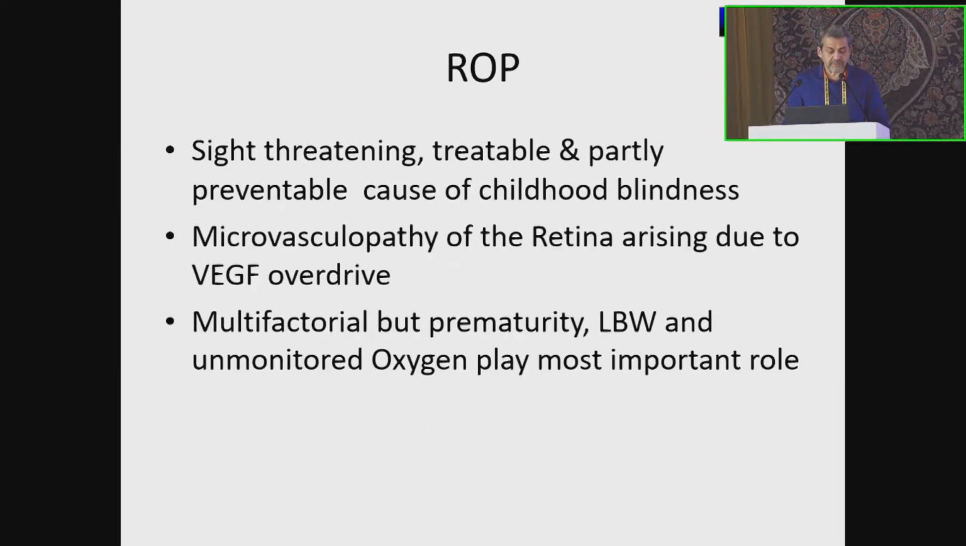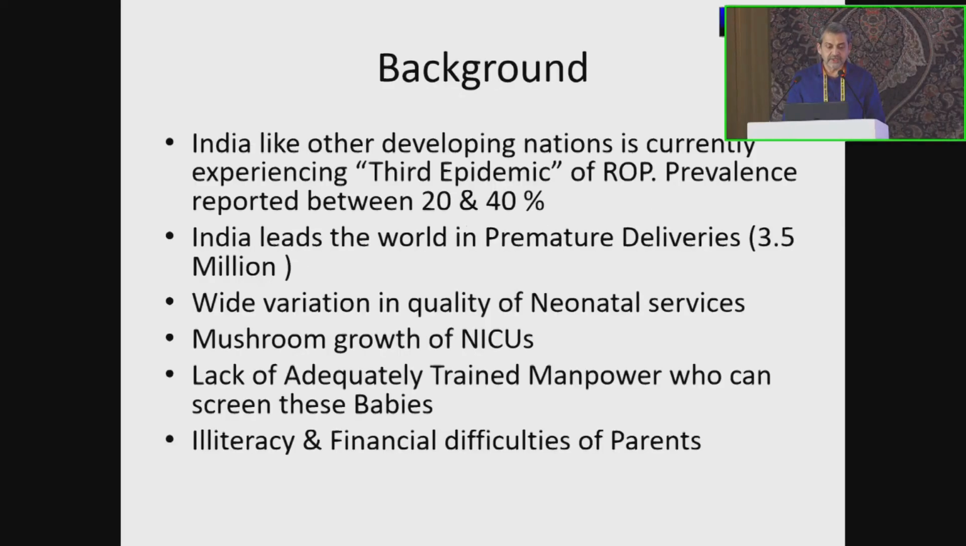So just a background, ROP, as we know, is a sight-threatening, treatable and partially preventable cause of childhood blindness. It's a microvasculopathy of the retina arising due to VEGF overdrive. It is multifactorial, but prematurity, low birth weight and unmonitored oxygen supply are the most important factors. And why did we need to do this study was because we were observing a very high number of ROP